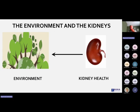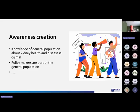And then the largest and last part of this presentation: the impact of kidney health and of kidney care on the environment. And one central point before we go into the details is that the awareness of the general population about kidney health and disease is dismal. And of course, policymakers are part of the general population. So awareness creation is really a core business for the advocacy activities of the European Kidney Health Alliance. And that means also that you have to explain what it is about over and over again, and in the simplest terms,